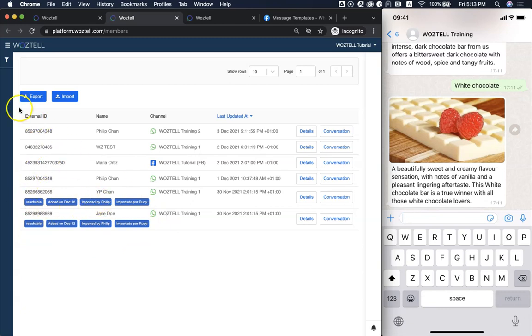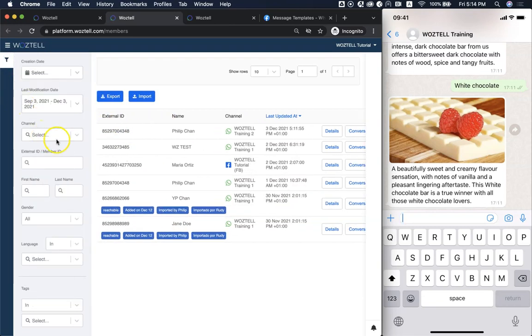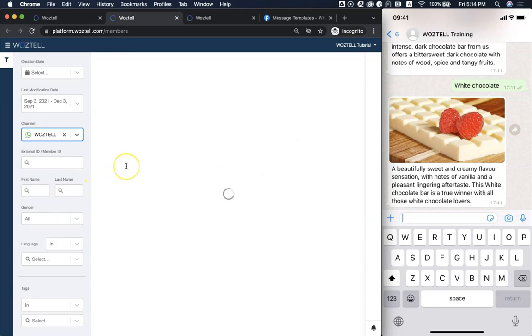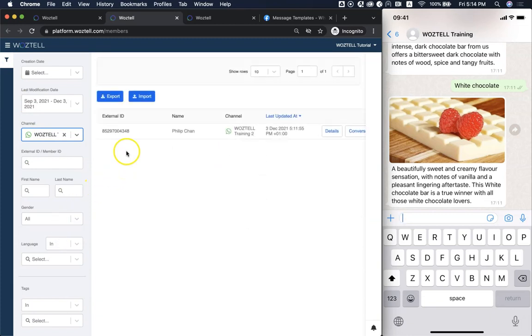Okay. So now I'm going to select the channel. Okay. So this phone number is now texting WhatsApp training 2. And now it has no member tag.